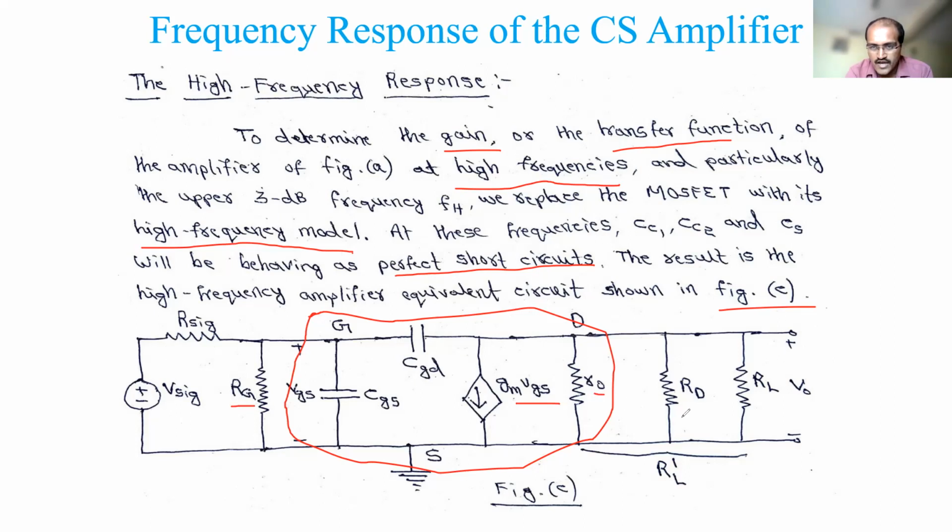On the output side you have RD, because VDD becomes a short circuit, so RD comes to ground. That is why it comes in parallel with R0, and RL is also there, which also comes in parallel. And this is the V0 we are going to place. At the source side we had the bypass capacitance, which acts as a short circuit, and the current source acts as an open circuit. Because of that, the source is directly connected to ground. So this is the common source amplifier. You have the gate side and the drain side, and the source side is common, ground.